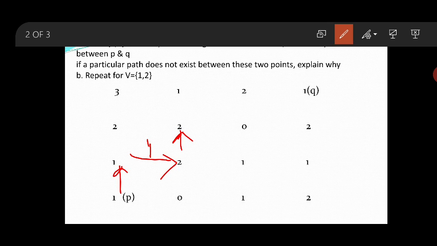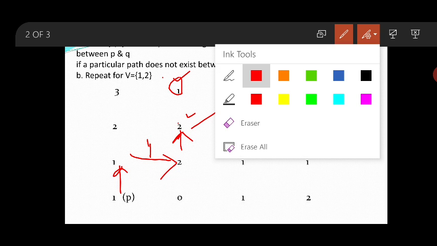Now again you check diagonally. Which are the neighboring pixels for this one? 2, 1, 2, 0. First you check the diagonal connectivity. When you're making a diagonal connectivity, 1 and 0 are the common pixels for 2 and 2. Is there one of the values from V? If it is one of the values from V, discard the diagonal connection.